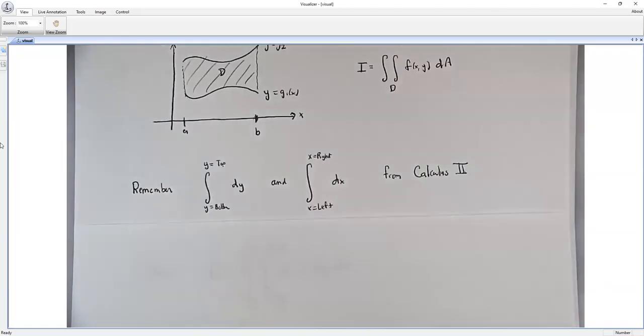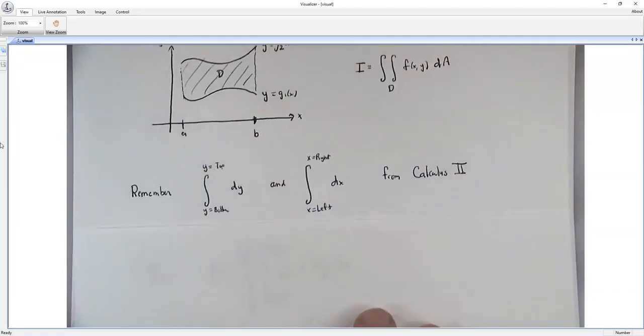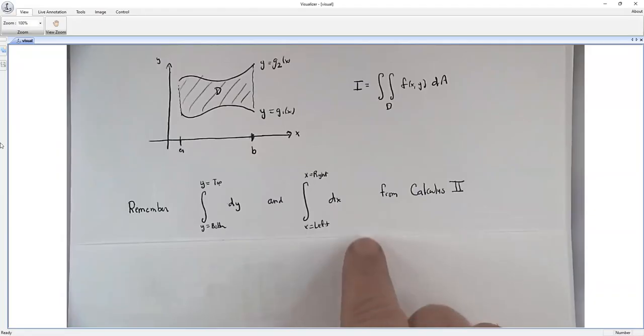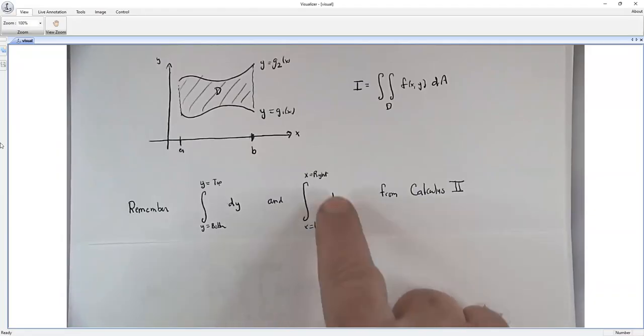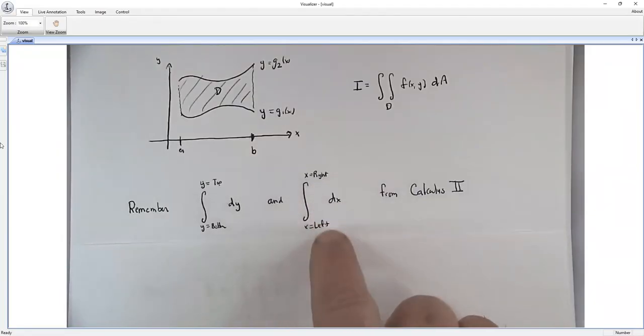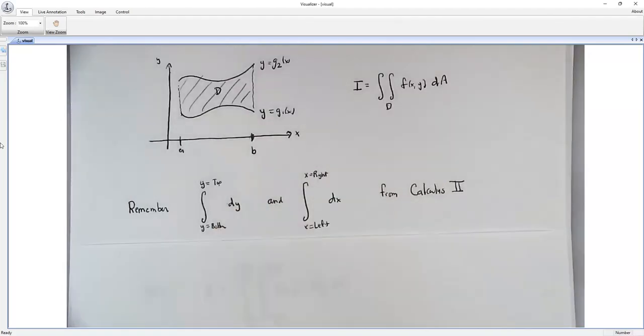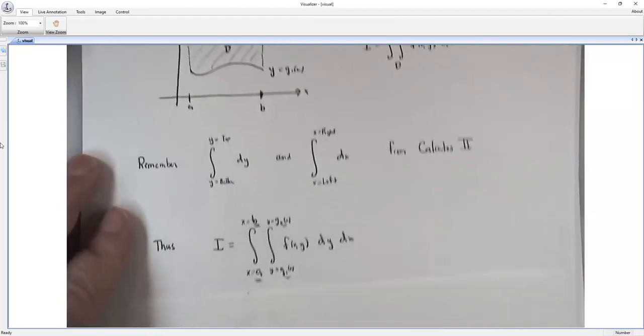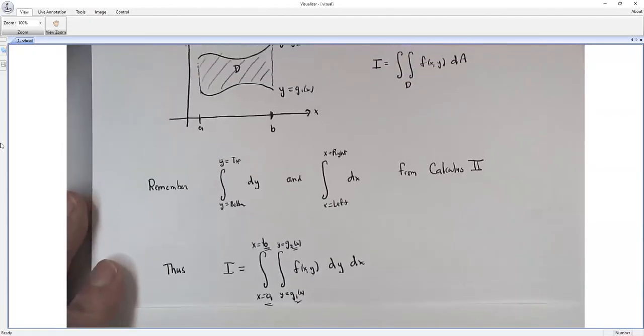Everything we've had to date, we've been integrating over square regions from 1 to 3 and from 2 to 5 or something like that. Nice square regions, not anymore. We're doing general regions. So this integral for dx is x equals right on top, x equals left on bottom. Now that's still the concept of Calc 2. So if I was going to do this problem right here,